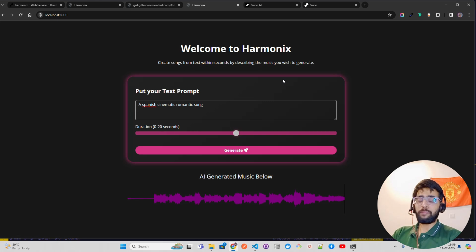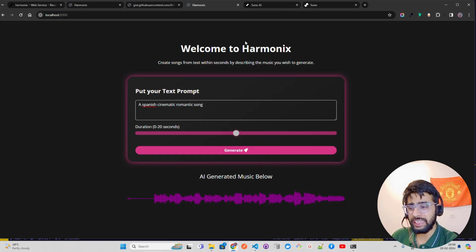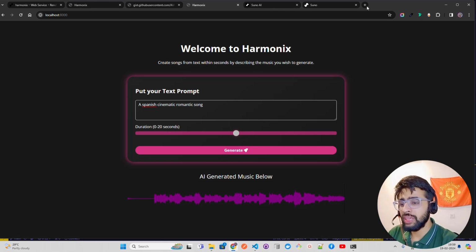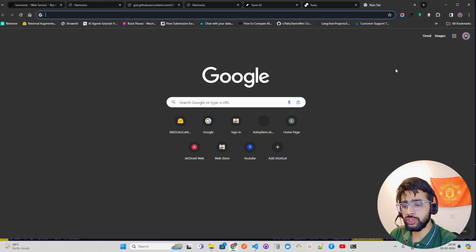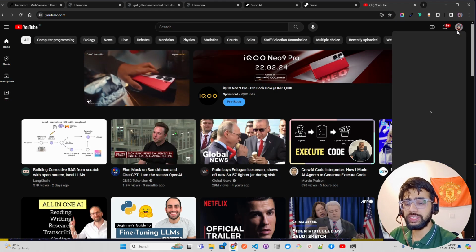We have this app. You can go ahead and see this is how Suno has an app, city, street. Of course, there's better quality, but you can take this app and extend it further for text to song. Text to music is fairly easy. For text to music, you can use Riffusion, you can use MusicGen, you can use audio. If you go to my channel, I have a lot of videos on that. I'll just show you quickly. So I have a lot of videos on generating music and things like that, right?